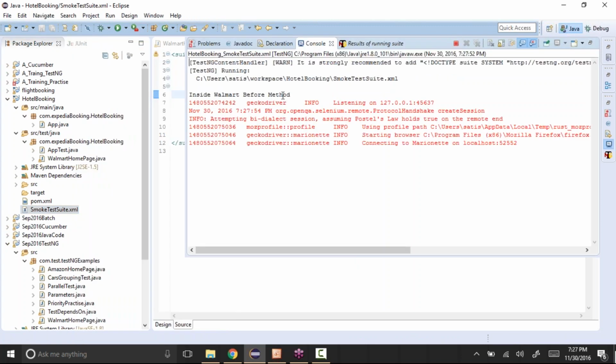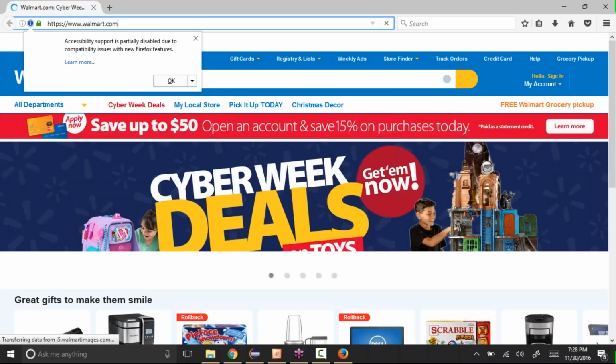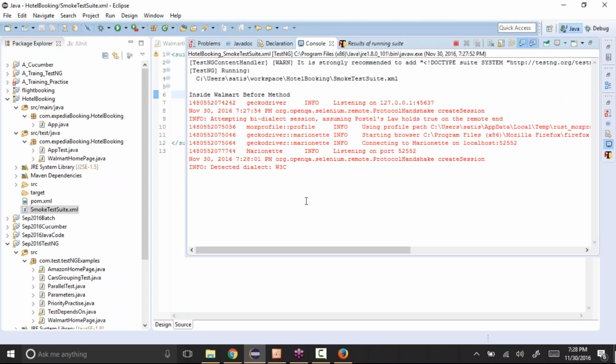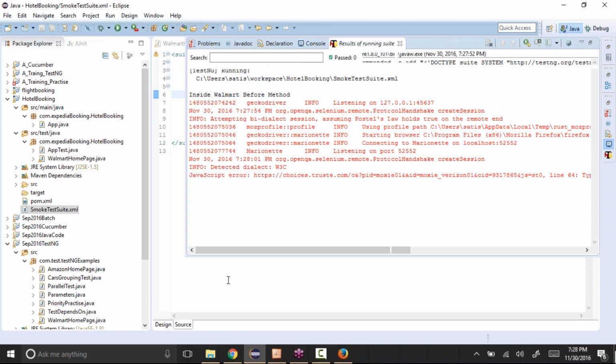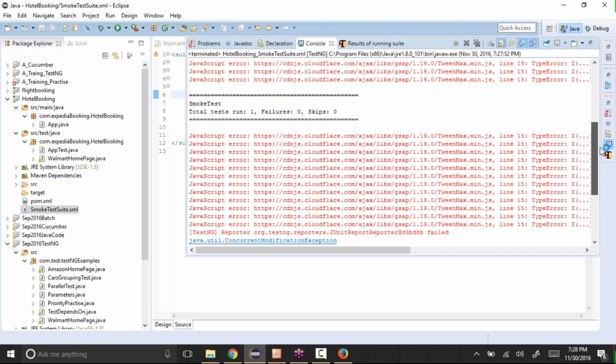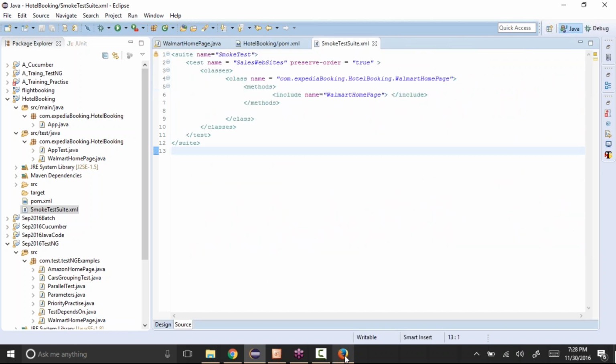Inside the Walmart home method, before method, it is launching the browser. Let's go back. It got some error maybe because of the application, but see, tests run is 1, 0 failures. So the execution has been completed for that specific thing.